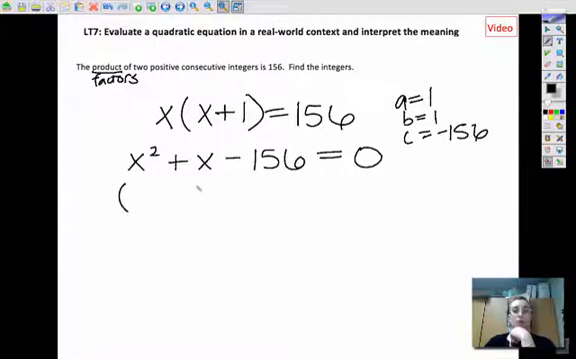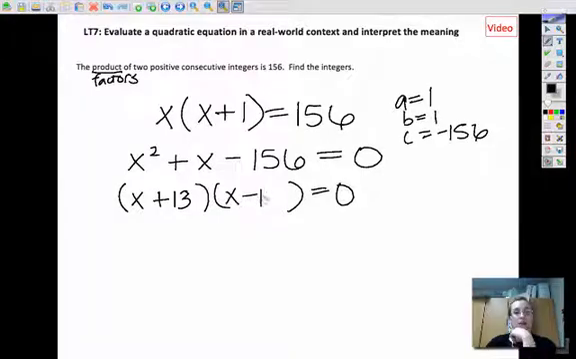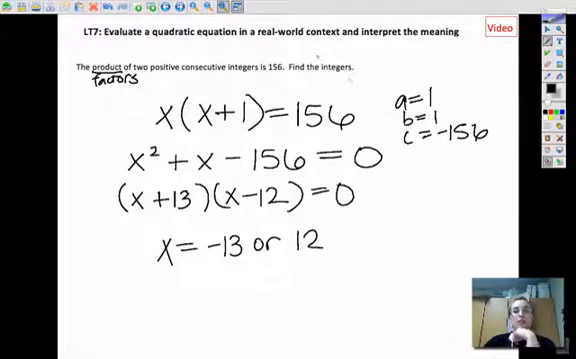Personally, I know that 12 times 13 is 156, so I'm going to use x plus 13 and x minus 12. Okay, so I'm going to do x equals negative 13 or positive 12. Okay, so that means that the consecutive integers I can use would be negative 13 and negative 12, which would multiply to give me positive 156, or positive 12 and positive 13 would also multiply to give me